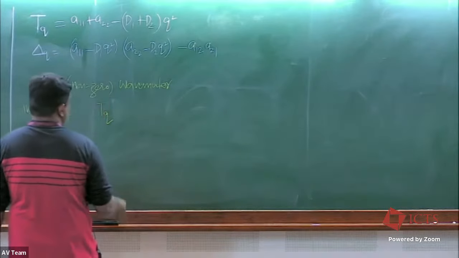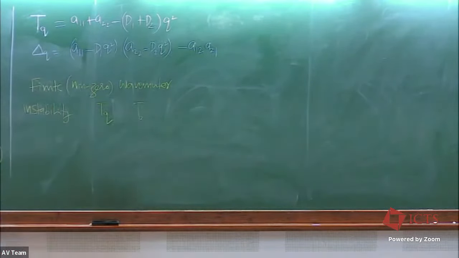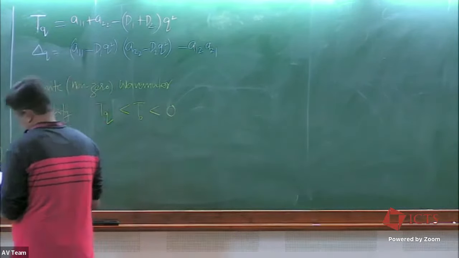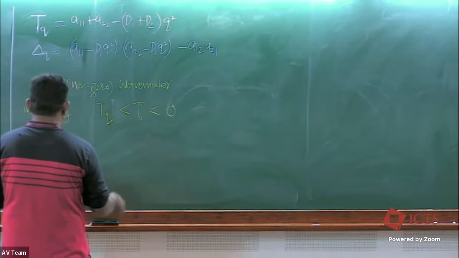In fact, you can also look at T0, which is just the trace at Q equals 0, which is basically the same thing as the ODE system. But surely this is going to be less than that, and that is going to be less than that. So I want the instability when this is satisfied and when the discriminant